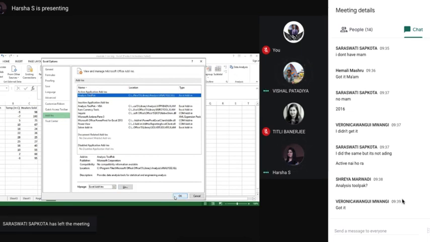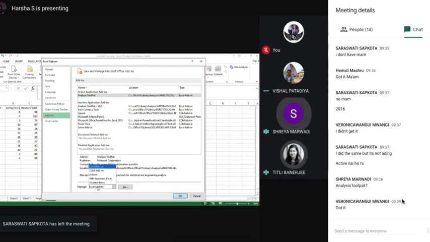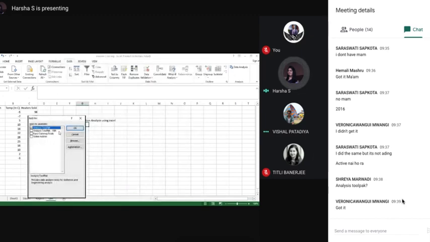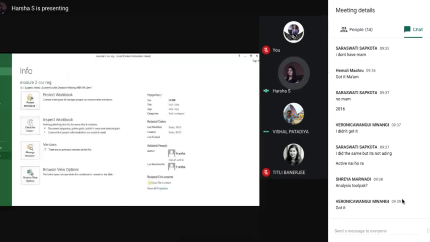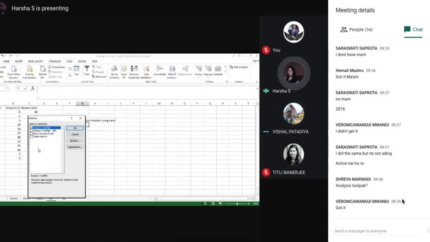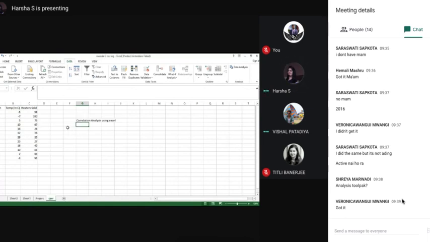Ma'am, I think they have to click on that Go option, beside Manage. The one which I'm doing right now? Yeah. Okay, okay. You have to go with that. Analysis Toolpack, go and click here and okay. Students, you're correct. Options, Add-ins, click on Analysis Toolpack and click on the option here, Manage Excel Add-ins, and then click Go. Then once again a toolbox will appear. Then you have to check mark Analysis Toolpack and click OK.